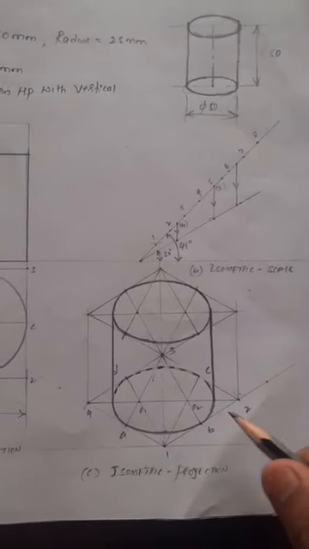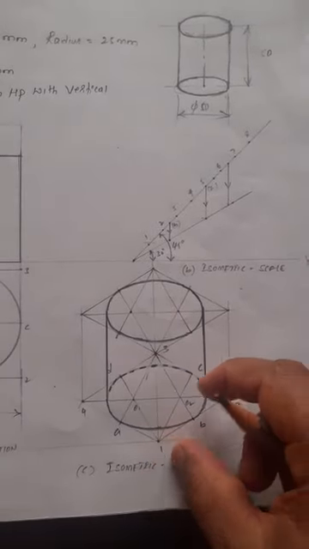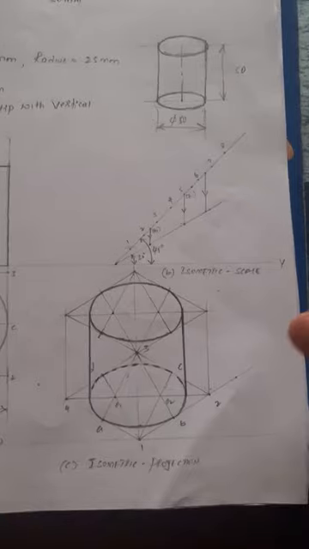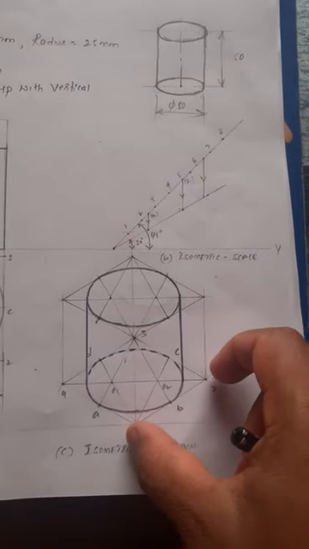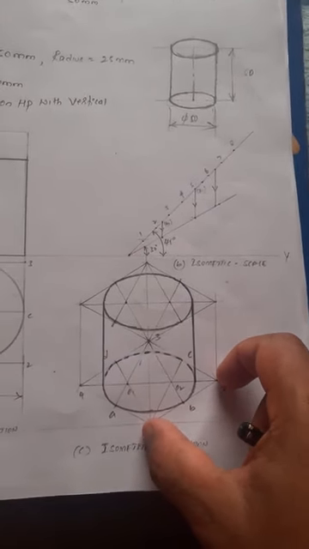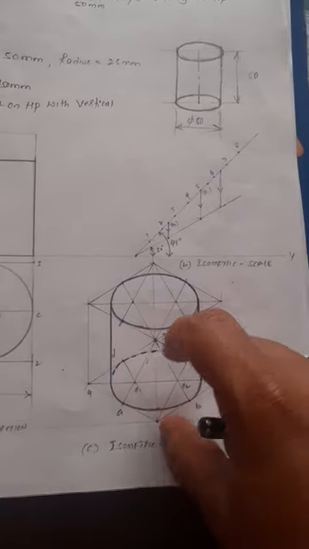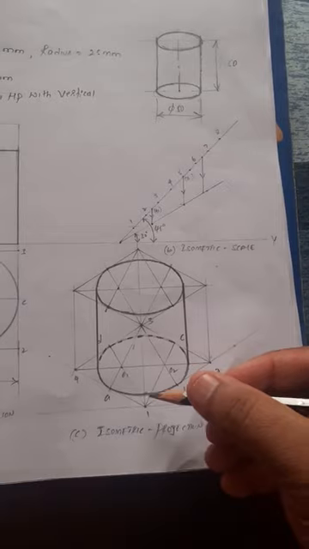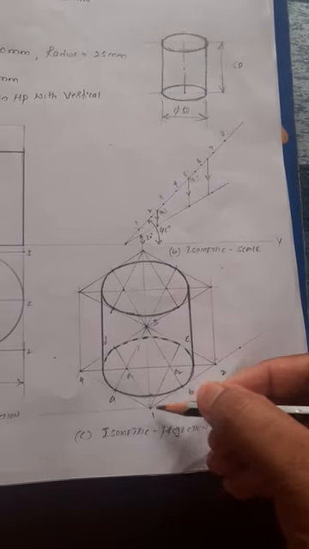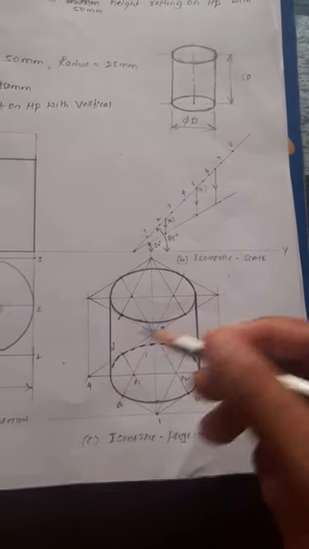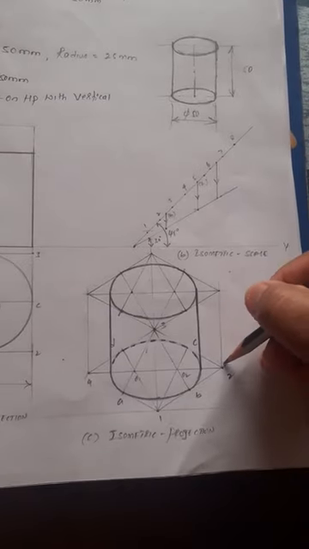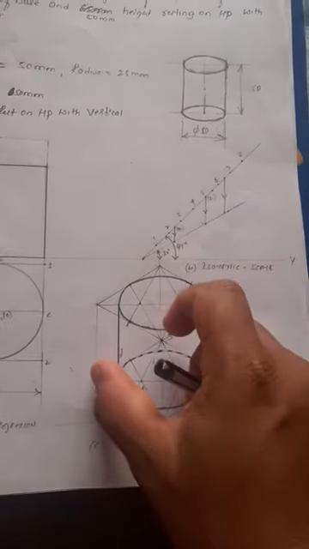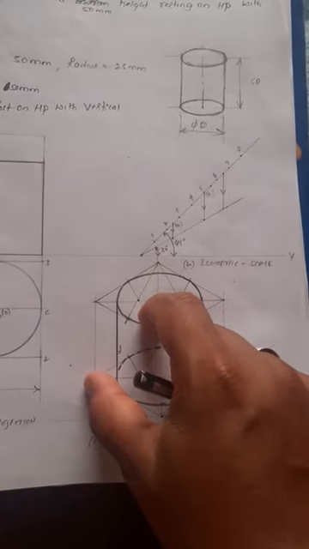If you draw it on an iso sheet, take iso 50 from 1 to 2, and 1 to 4 also iso 50. On the 30-degree line measure iso 50 mm, and on the 150-degree line also iso 50. On an iso sheet, how many blocks do you measure here? 5 blocks on the 30-degree line, 5 blocks on the 150-degree line. Similarly, from 2 to 3 draw an iso 50 arc, and from 4 as center draw an iso 50.